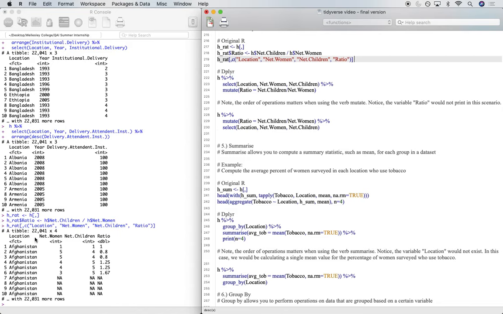So now we have a tibble with dimensions 22,041 rows and 4 columns, the columns being location, the percentage of women using mosquito nets, the percentage of children using mosquito nets, and the ratio of children to women using mosquito nets. Now to do this more cleanly in Dplyr, we can again specify that we want the H dataset, and